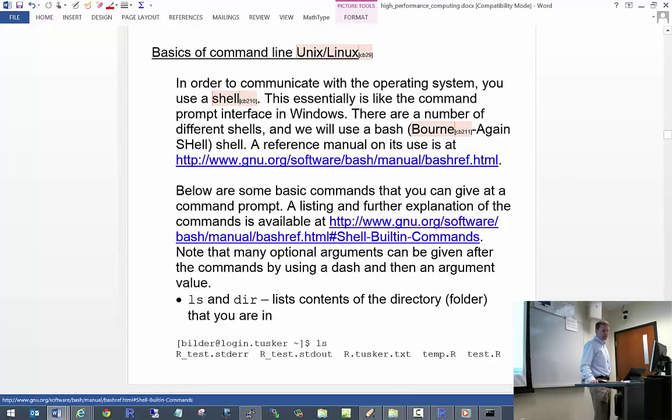Okay, so again, to interact with Tusker and Crane, you are using a Linux-based operating system. How many of you have used Linux? So just one. Okay, two. Good. So to give you a little bit of background about my experience with it,